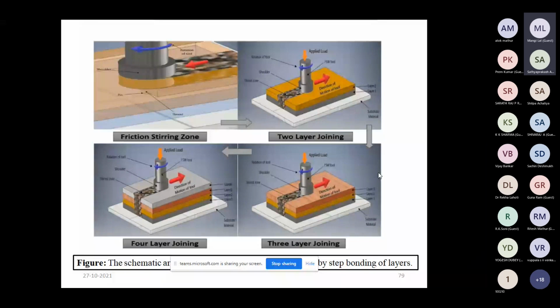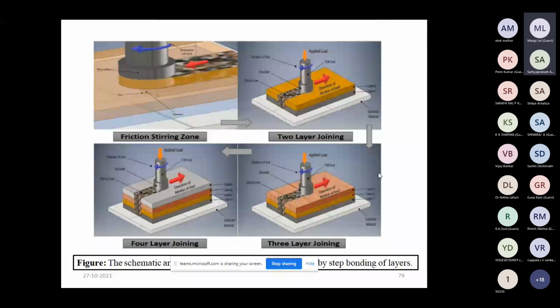Also, the size of the pin is important, because the pin size must be more than one layer thickness of the plate. Basically, only if the pin length is more than the thickness of the plate can the pin intermix both of the components or both of the plates.